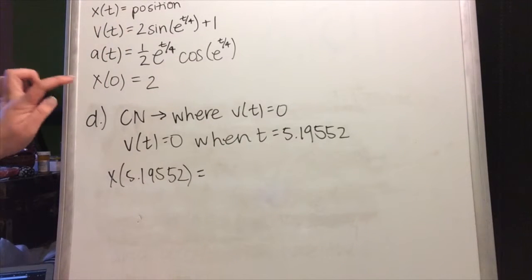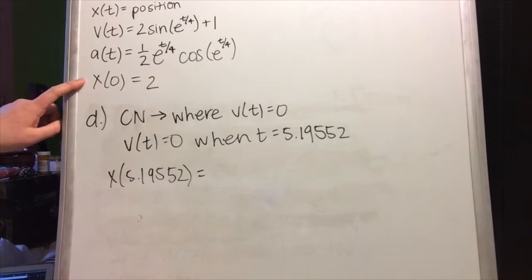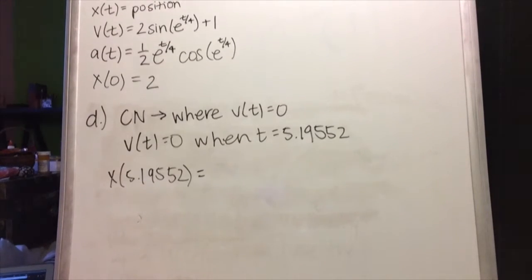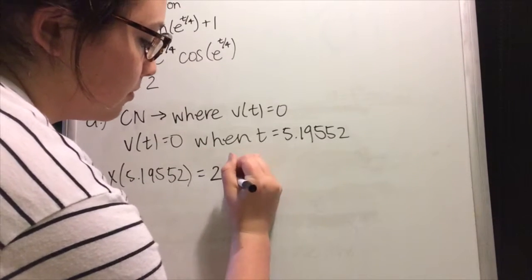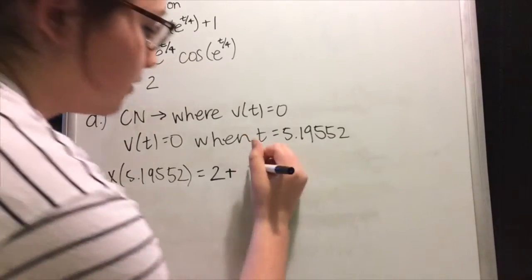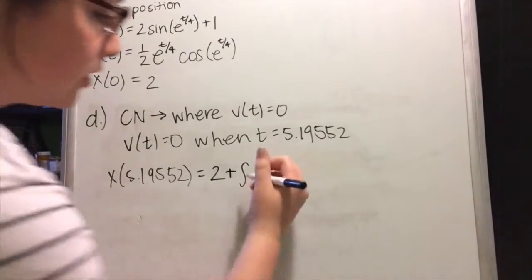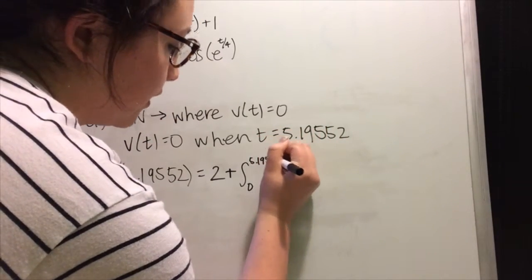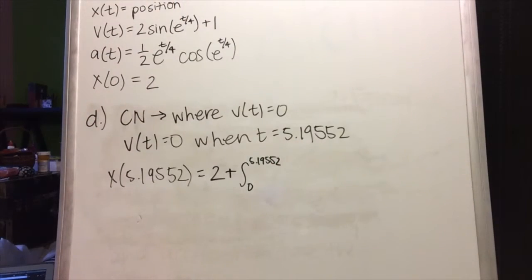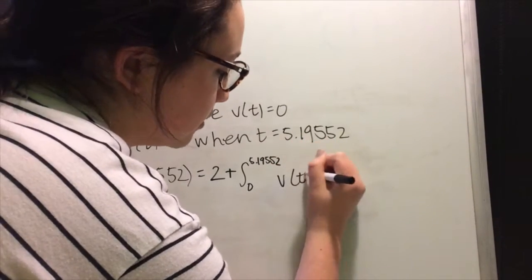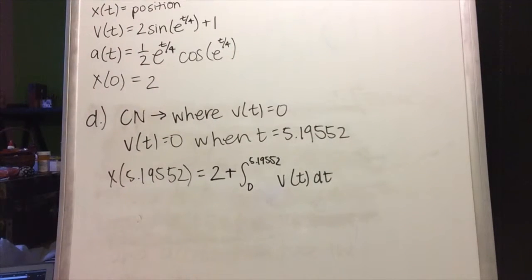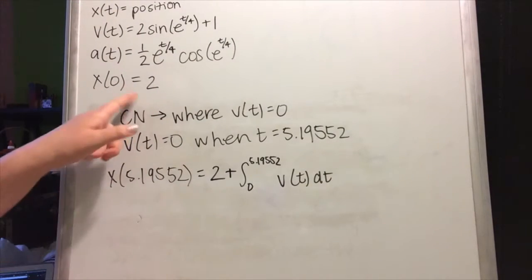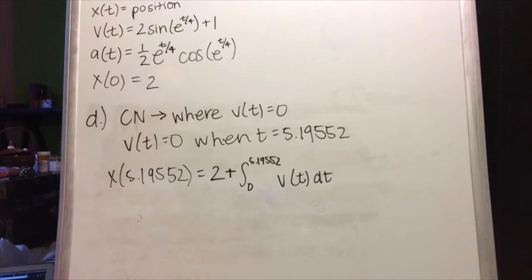This is where you're going to use this piece of information, which you do 2 plus the integral from 0 to this value, 5.19552, of v of t dt. And you're going to do adding 2 because that is your starting point, so you have to start from 2 and then add on whatever value you get here. So that ends up being